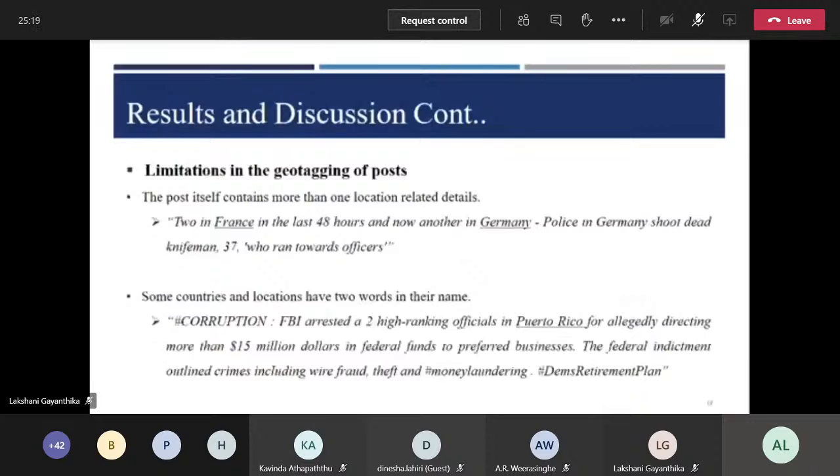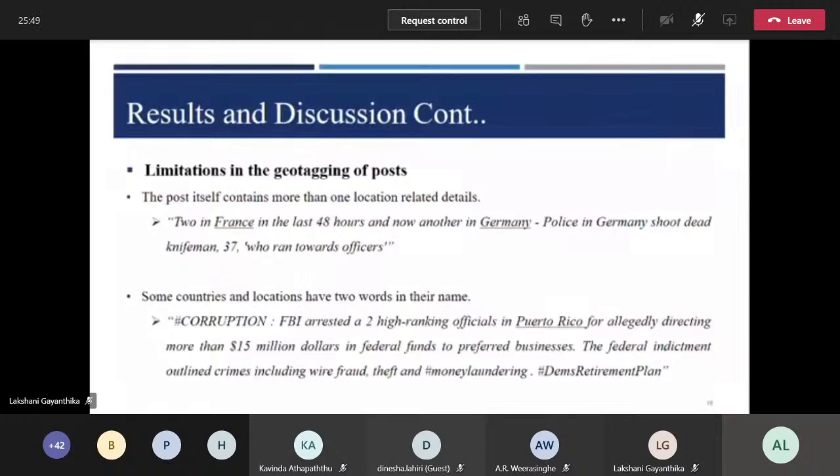We faced some serious limitations in the geotagging of posts. One of them was that the post itself contained more than one location-related detail. The following post explains the issue mentioned. In the first post, France and German are location-related terms. The geotagging module returned German and France as the final output, which will affect our word analysis in our